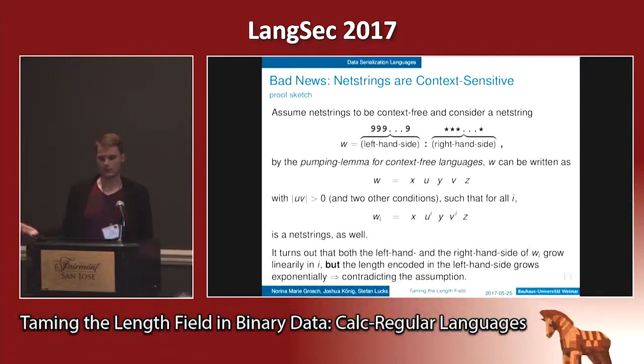So if we would only add one symbol, then it would grow much slower than the left-hand side. Of course, we could say if we add a 0, then we do 10 on the left, but how long the v is a fixed number, so it would only work for 0 and not for all the other numbers. So this means net strings are context sensitive,